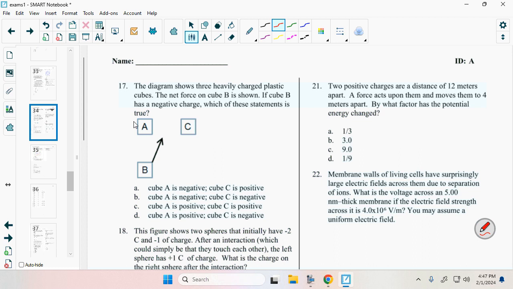So if cube B has a negative charge as well, I know that the forces acting on this cube have to be in here because the net force has to be in between those two vectors. And so it has an attractive force for both of those. Since B is negative, that means, well, to be attractive,